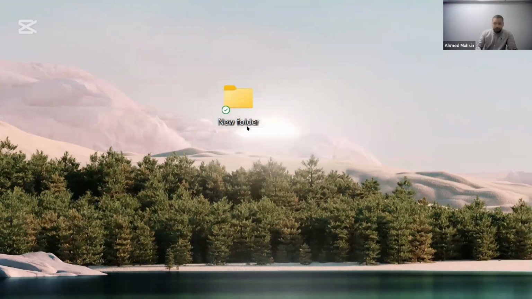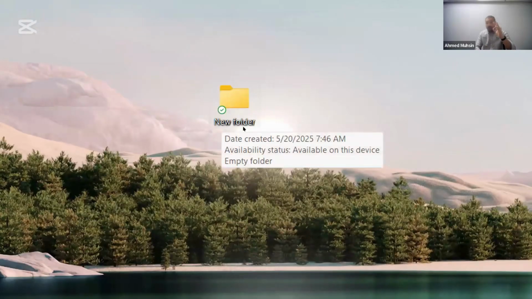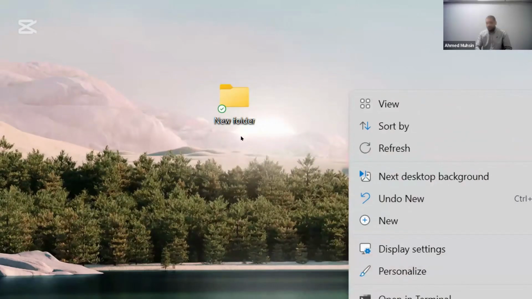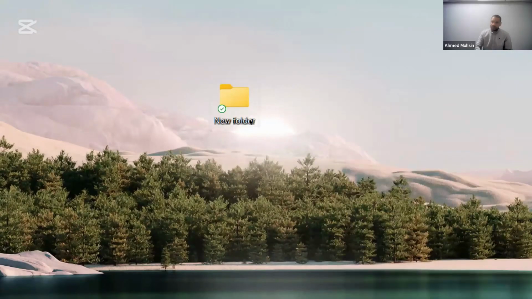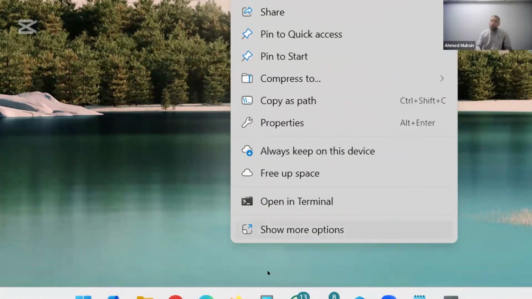Now guys, what we are going to do over here is, we are going to rename this folder. There are 2-3 ways of doing this. Let's try all 3 ways. Method number 1, you can right click on your folder. Make sure you have right clicked on it. If you right click over here, you will not get the rename options. You have to right click on your folder, and if you come down to show more options,